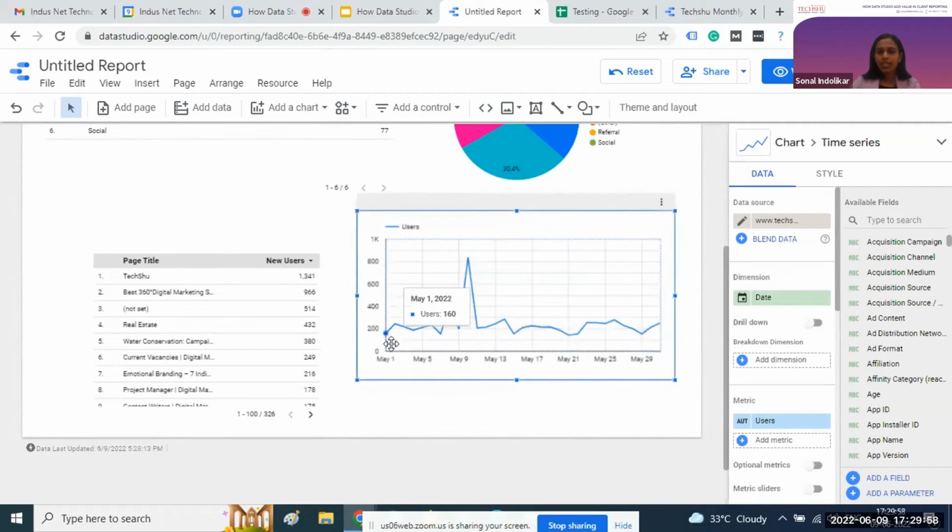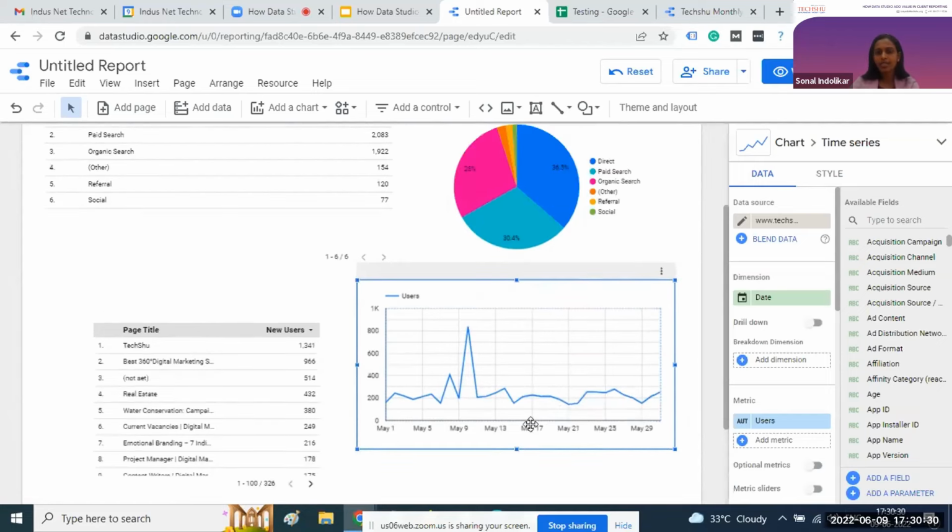In the line chart, they have represented the data in a day-wise format. You can change this day-wise format into the week-wise format or month-wise format as per your requirement, you can change the graph setting. But right now, it's available in the day-wise format and it's a good representation. So through this we can easily understand on which date the traffic has increased, on which date the traffic has gone down. That kind of analysis we can easily do using this type of line chart, pie chart, etc.